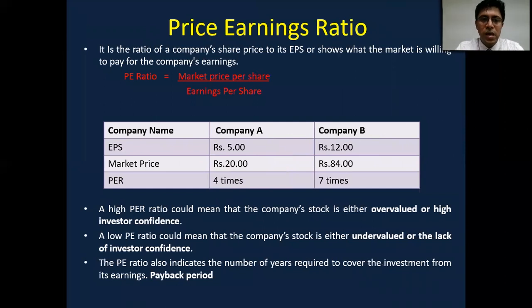Now let's look at the same example we looked at previously. As you know, company B has a higher EPS compared to company A. So naturally, company B is trading at a higher price. But what is the PE ratio of the two companies? You will see the investors are paying only 4 times for each rupee company A earns, whereas they have to pay 7 times for the earnings of company B. So as an investor, what seems cheaper to you? Even though it has a lower EPS, clearly investors pay a lesser multiple for company A when compared with company B.